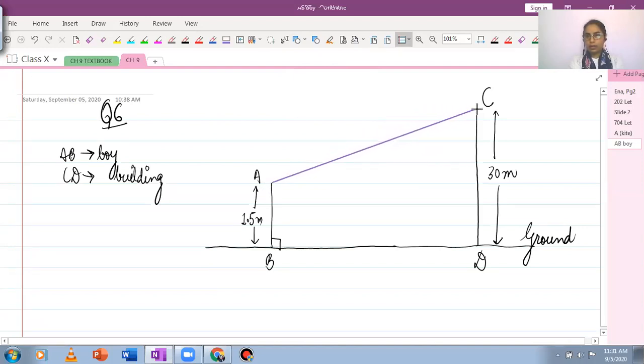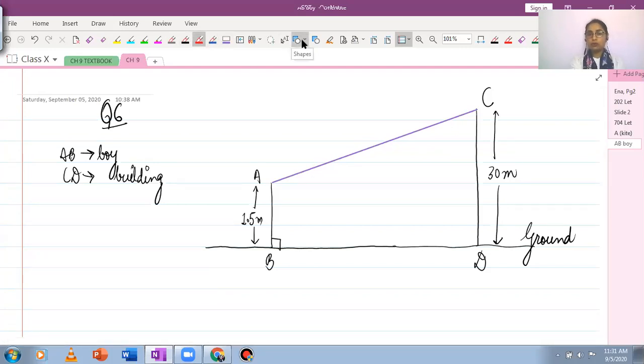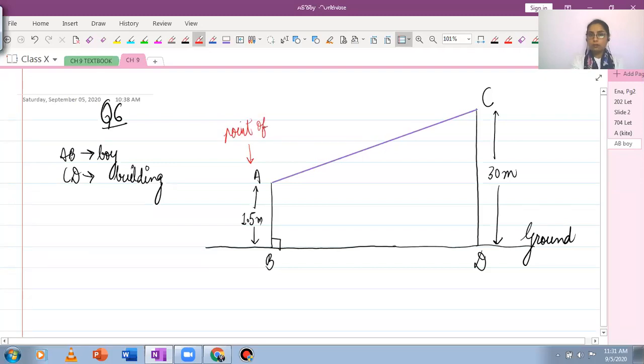From this point, this is what's happening here. So this is the point of observation. The boy is observing or looking at the top of the tower and some angle is formed here. But before forming the angle, the first and the most important thing is to draw a horizontal right through the point of observation. So if you want, you can just mark that this is the point of observation, and before we show the angle of elevation, we want to draw a horizontal right through this point of observation. So when we draw a horizontal right through the point of observation, this actually will be parallel to the ground.